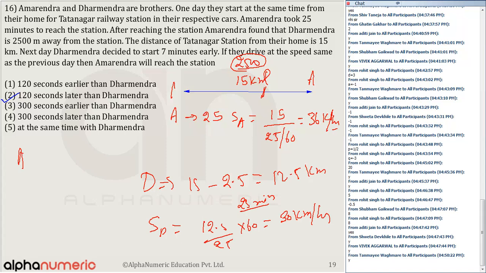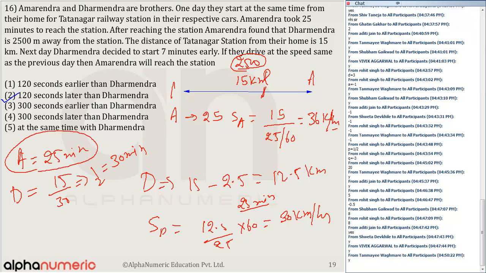Time taken by Amrendra is 25 minutes and time taken by धर्मेंद्र, क्योंकि उसकी स्पीड 30 है, तो टोटल कितना टाइम लगेगा? 15 by 30, which is equal to 1 by 2, which is equal to 30 minutes. So basically Amrendra will take 25 minutes to reach the destination, whereas Dharmendra is taking 30 minutes here. ठीक है,